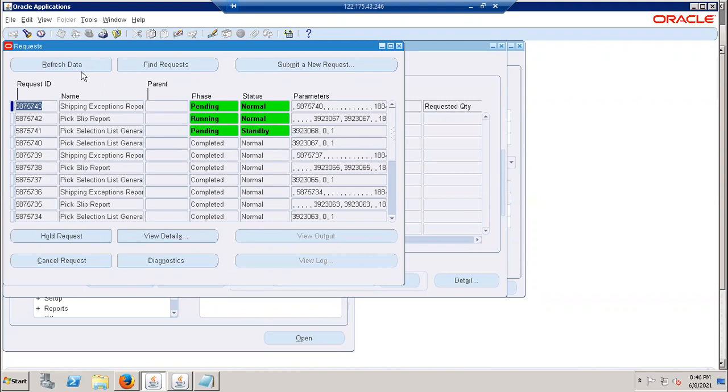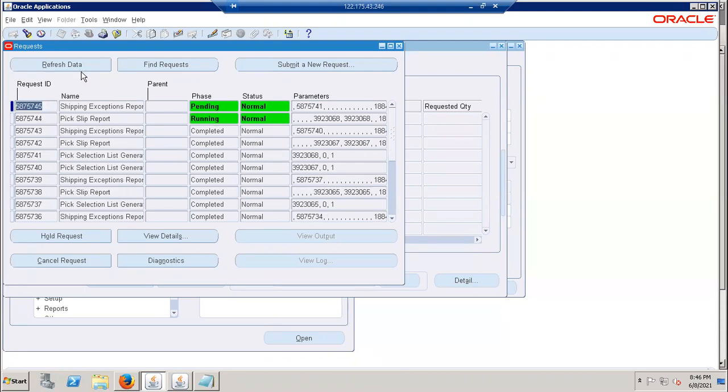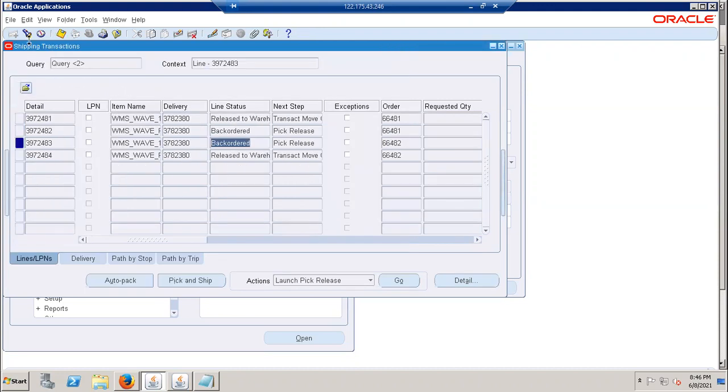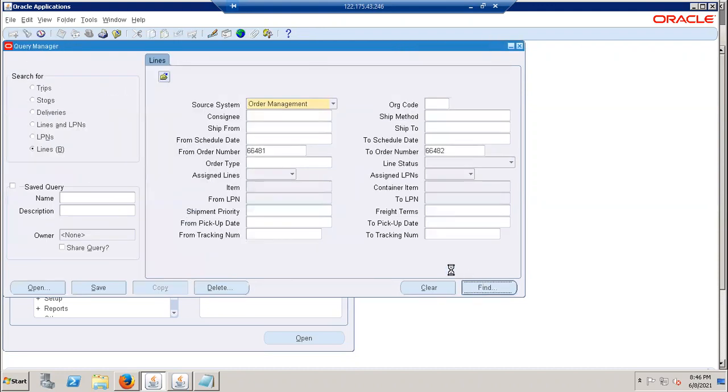Only the releasing, because we tried to do it at the header level, wave level, and we went and tried to do it at the line level also. You would call it a re-releasing process. We have performed two things, but still it has not been done. That's okay. It's a system used by a lot of people. We didn't make any mistakes, Santosh. I think it's correct, but maybe we missed a checkbox or something.